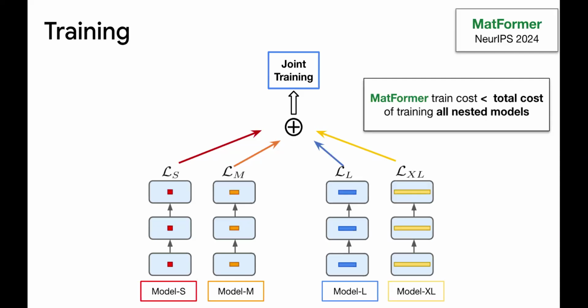However, because we are using shared data and a lot of shared computation infrastructure, optimizations all go hand in hand. Training of these 4 models jointly is about 30% cheaper than training these 4 models separately. So if you have a Llama, which is 7B, 13B, 35B, training all of them on the same set of data versus training all of them jointly, the second one is going to be much cheaper than the first option.